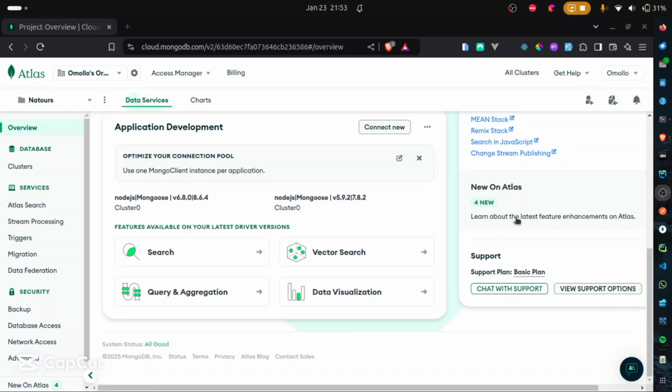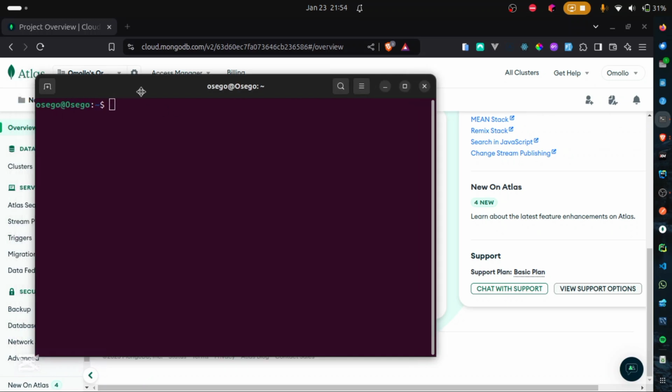Hello guys, in this video I want to show you how to access your MongoDB cluster deployment that is deployed on Atlas and how to connect to it from what we call MongoSH. MongoSH in full is what is known as MongoDB Shell. MongoDB Shell is a command line interface that allows you to connect to your MongoDB deployment or cluster from the